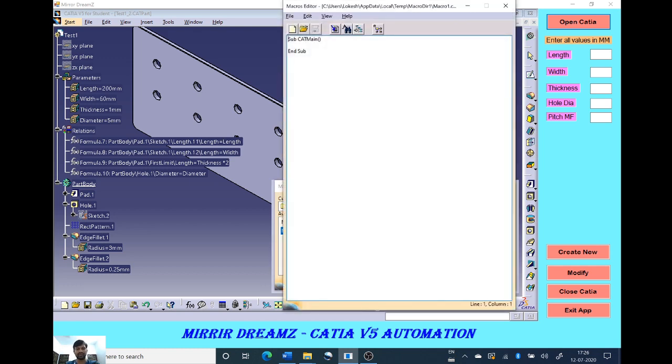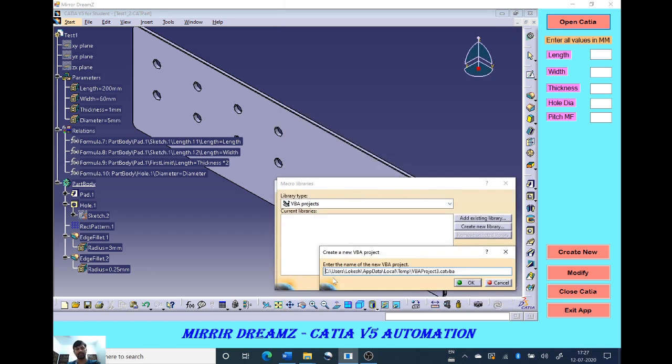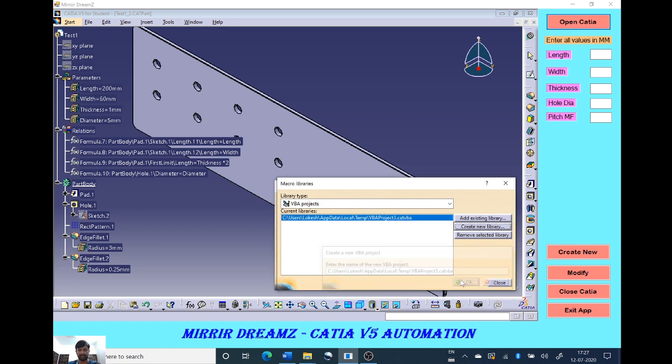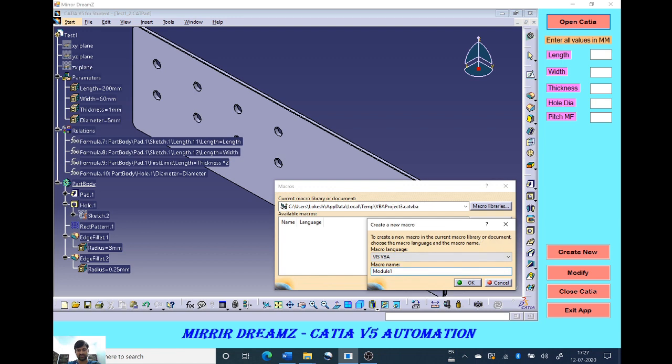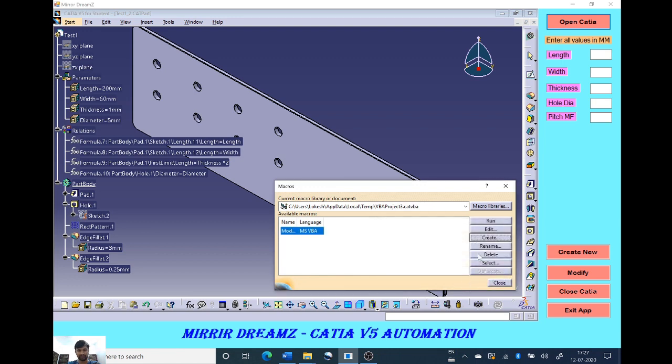We can see the window. This window simply looks like nothing but a notepad. We don't have much of the help files, and it is very simple. Now let's look at CAD VBA. Right now I'm creating the macro in the default location. Click OK. Then simply click create. OK.